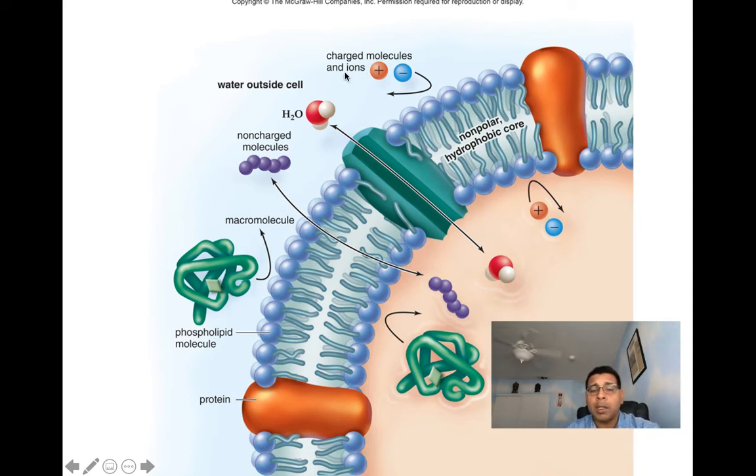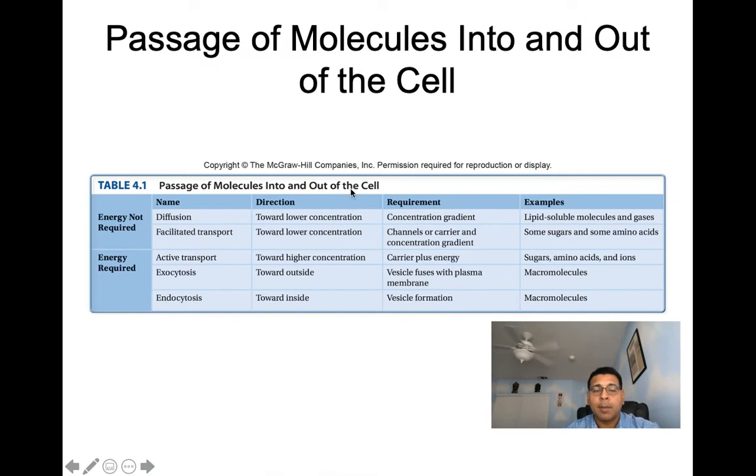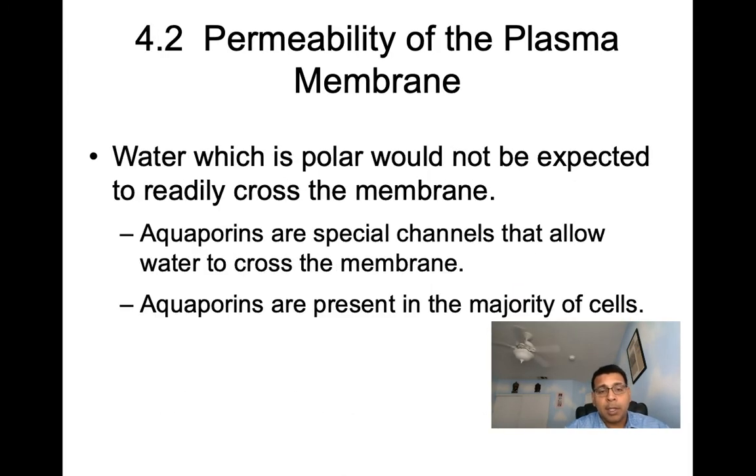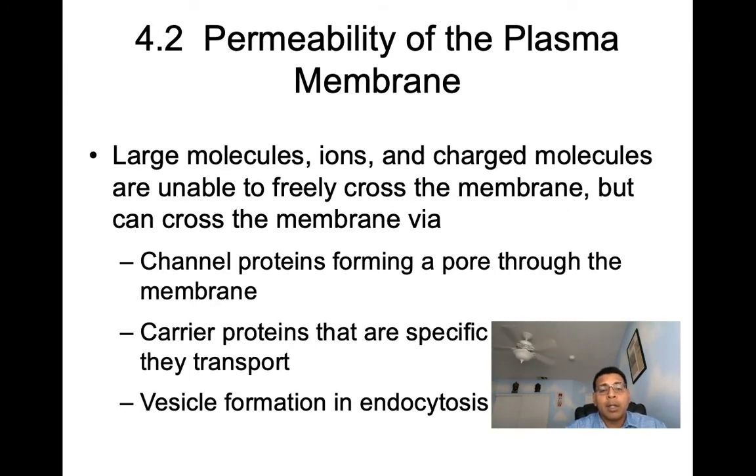Charged molecules and certain ions can't just make their way through. You have this nonpolar hydrophobic core. It's not going to allow these substances right through. So then you've got those specific channels and carriers or vesicles we're going to see